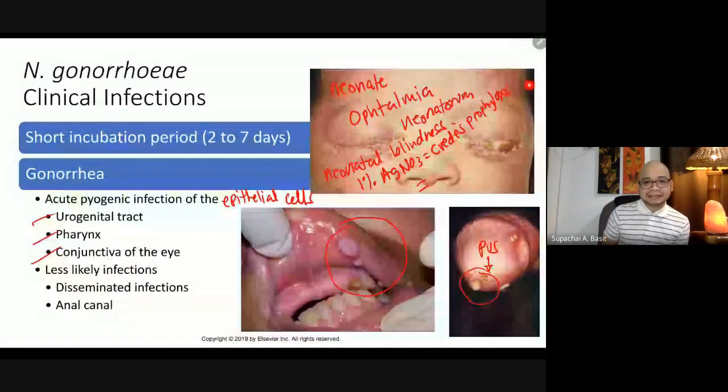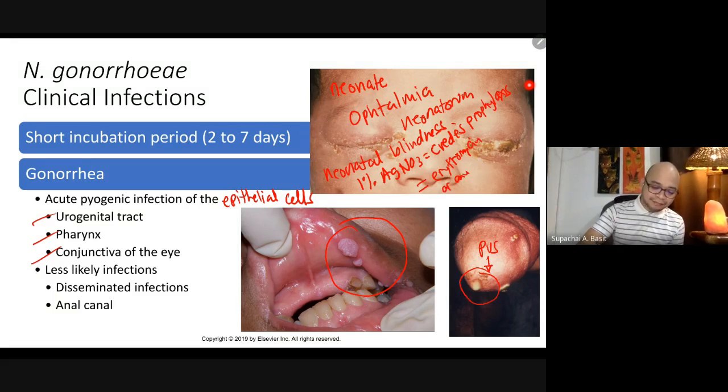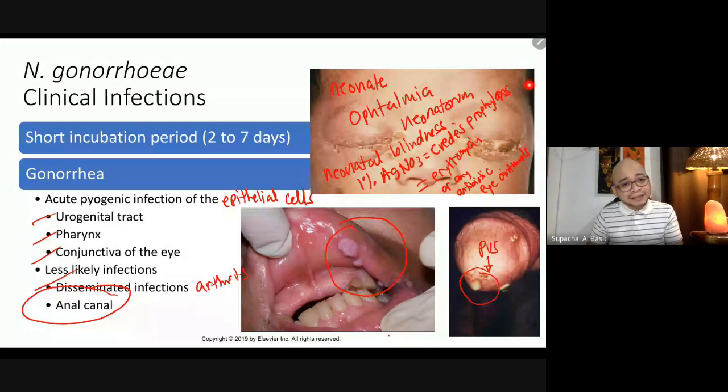Crede prophylaxis is actually the previous practice, but nowadays you can just add, for example, erythromycin or any antibiotic eye ointment. So eye ointments are now being added to prevent ophthalmia neonatorum. It can also cause disseminated infections. For example, it can cause arthritis. Or if a person was involved in unprotected anal sex, the anal canal